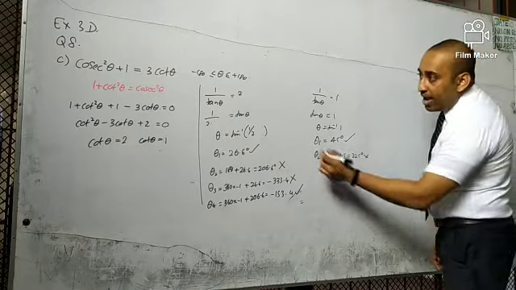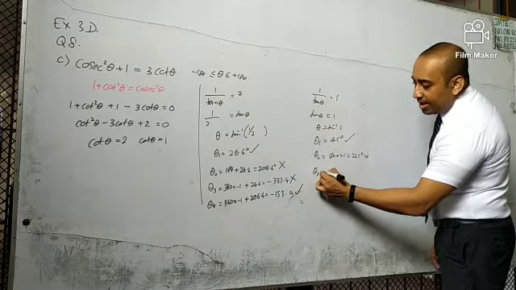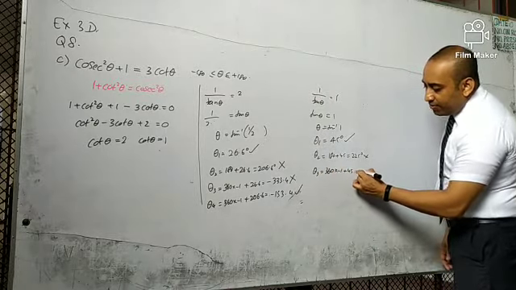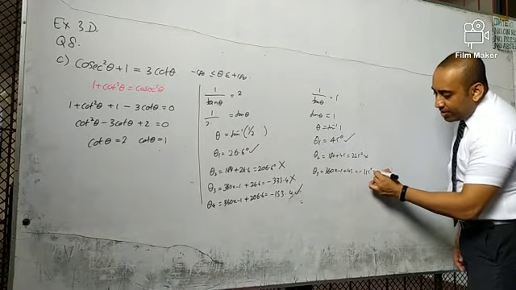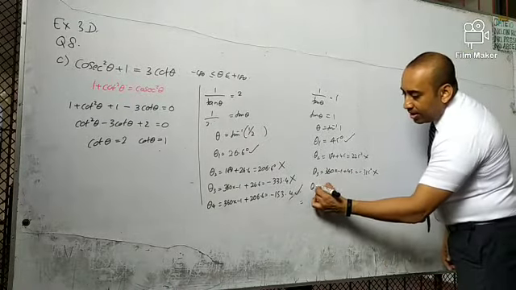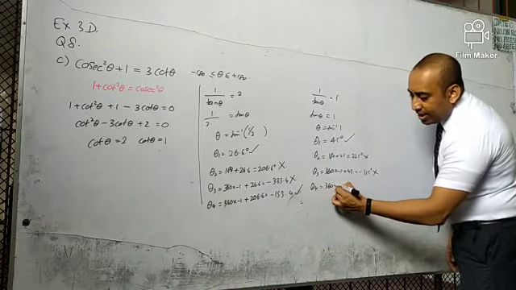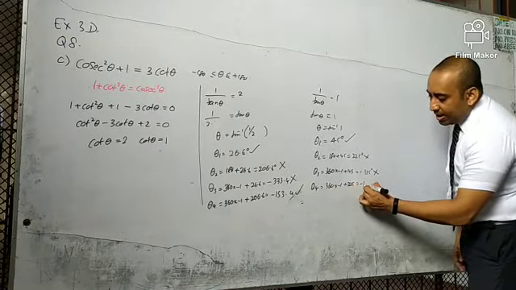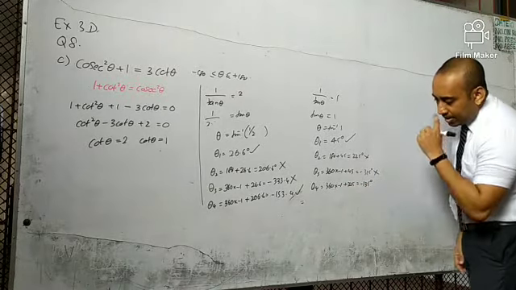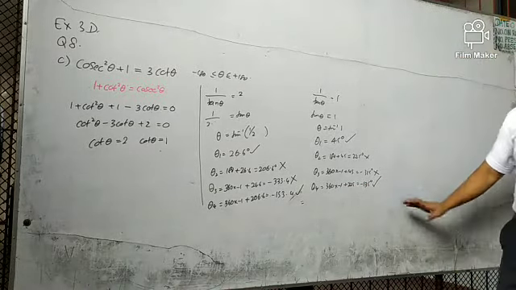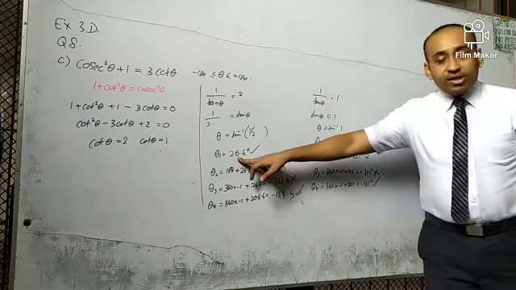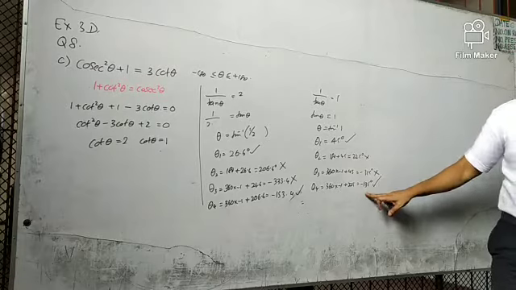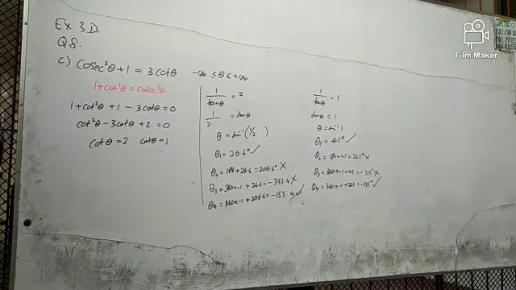Then the negative angles, because there is a negative range here. Theta 3 is minus 360 plus 45, which is minus 315, so this is also out of range. Theta 4 is minus 360 plus 225, that is minus 135. Yes, this is within the range. So the accepted answers are 26.6, minus 153.4, 45 and minus 135. Those are the solutions for this question.